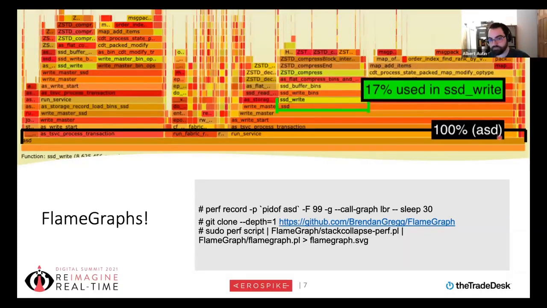Great. So now that we have all this information showing us where our CPU is going, what we did is we iterated through all of these items in the flame graph and considered if we can tune anything to make it faster. Maybe changing the sprig count would help. Maybe a different compression library, and so on. We didn't find any easy wins,